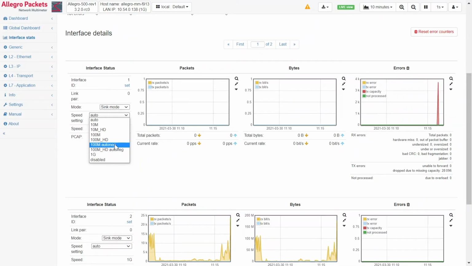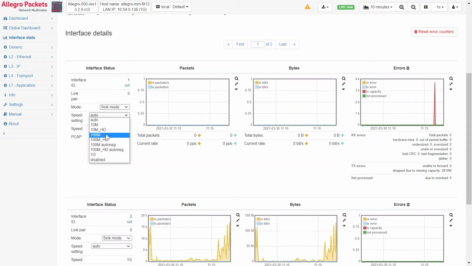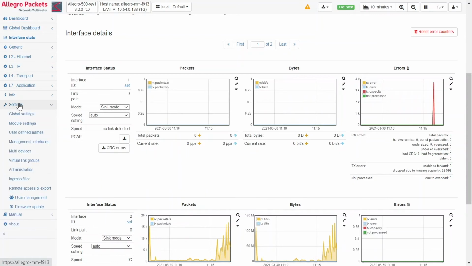Another one which was requested is that the gigabit ports should do 100 megabit with auto negotiation. The background here is that in a lot of installations we had the Allegro connected to a 100 megabit device and a gigabit device. This would allow forcing the switch to go to 100 megabit, but with full duplex, if we select the 100 megabit auto-negotiation mode. The 100 megabit fixed mode was just 100 megabit, no announcement. So this is also now possible.